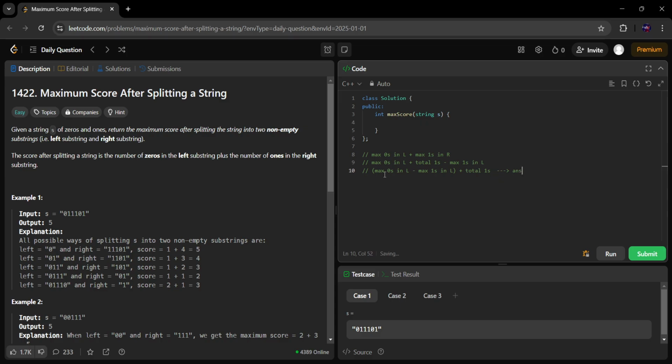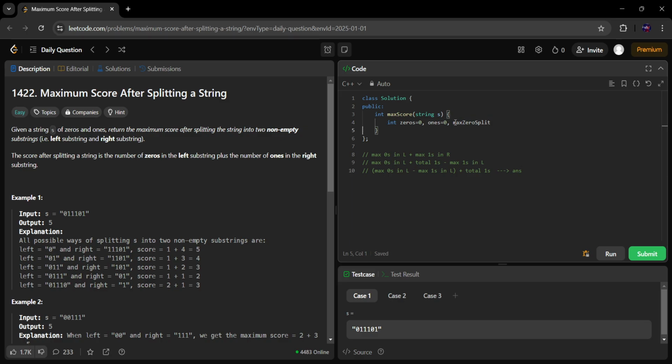I'm just going to go ahead and implement this formula and try to maximize this part of the formula, right? So this is the intuition which I followed. Let's go ahead and implement that. So we have the total number of zeros as 0 at first, and the total number of ones, I'll just go ahead and initialize it. Everything is at 0, and then we need to calculate this part, right? So let's call it max zero split,